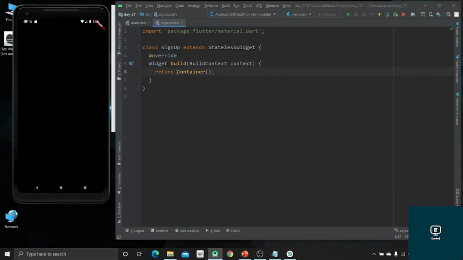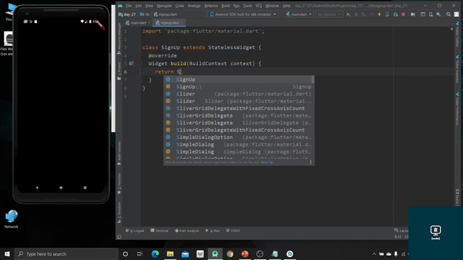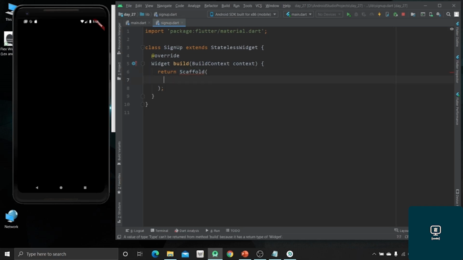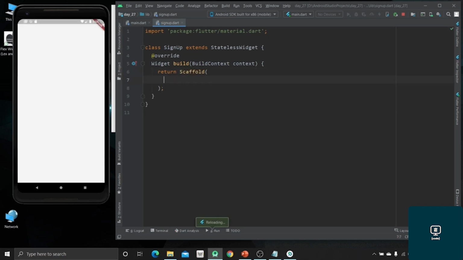Now we are going to use scaffold in the sign up page also. Now just hit Ctrl and S. Now you can see the container has been replaced by the scaffold widget. Now we are going to create the body and